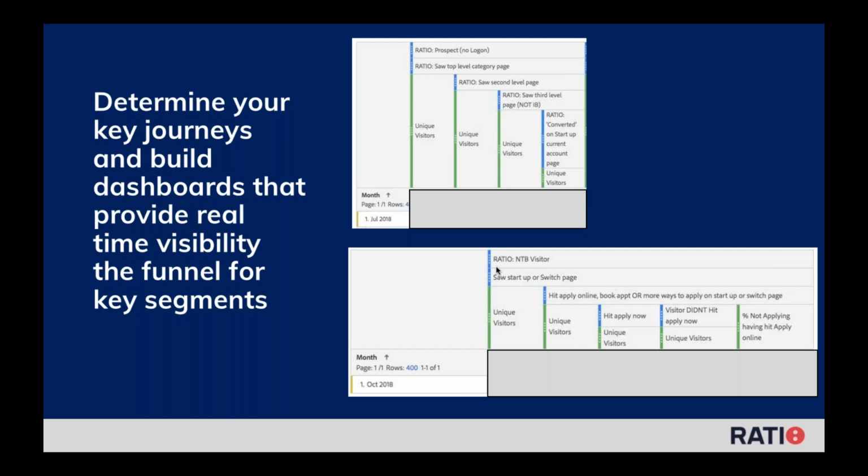We are also massive believers at Ratio in using quantitative data, not just qualitative data, in order to determine what needs to be changed and where. And so what we do for our clients is first to determine what the key journeys are on their website, and then to build dashboards that provide real-time visibility over how the funnel is performing for those key segments. So here we have